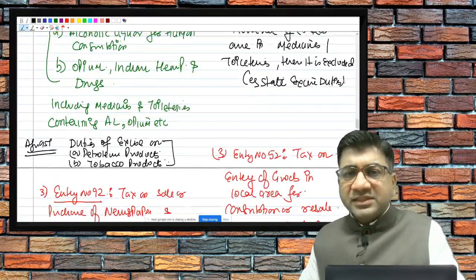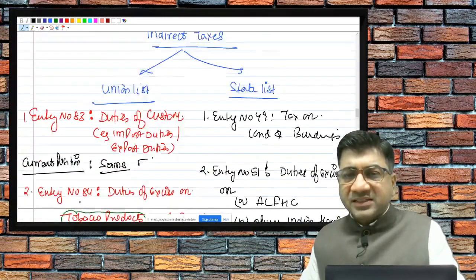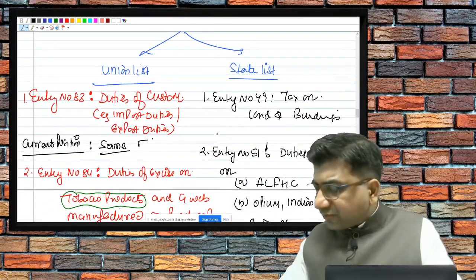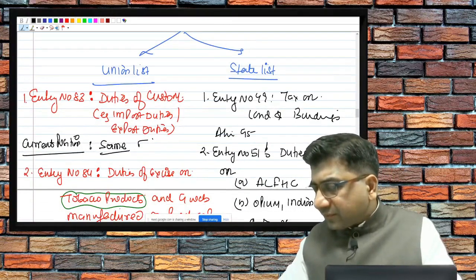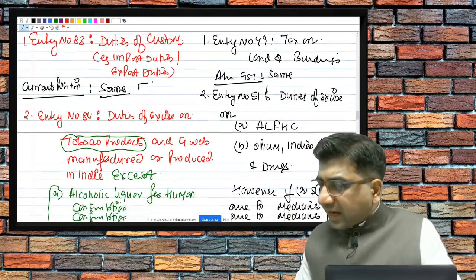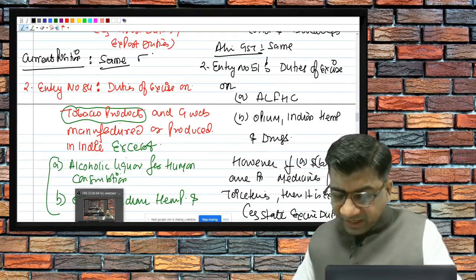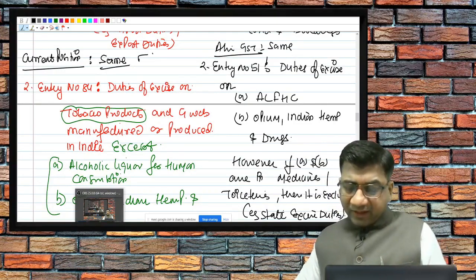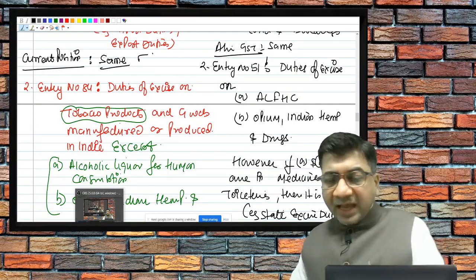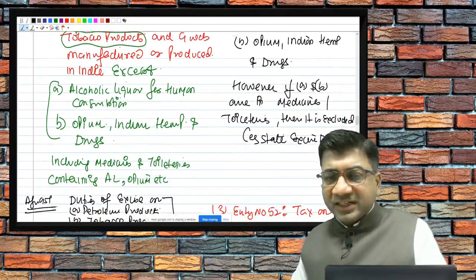Now let's come to the state taxes, my dear friends, state taxes. This is after GST same. It is same. It is still there. It has not been abolished. Entry number 51. They have modified entry number 51, yes, my dear friends, as follows. After GST,